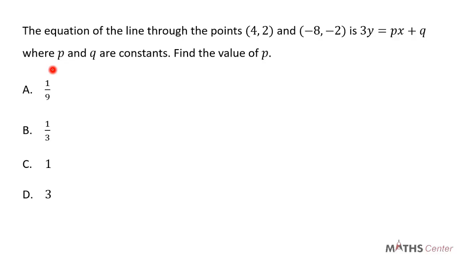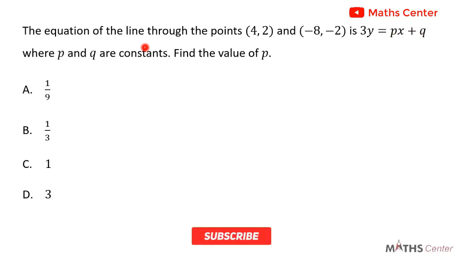The equation of the line through the points (4, 2) and (-8, -2) is 3y = px + q, where p and q are constants. Find the value of p. This is a multiple choice question, and so we will solve the question, and after that we will pick the